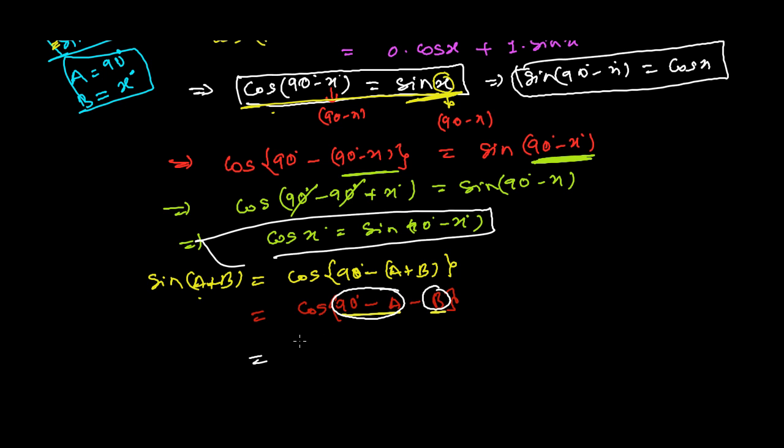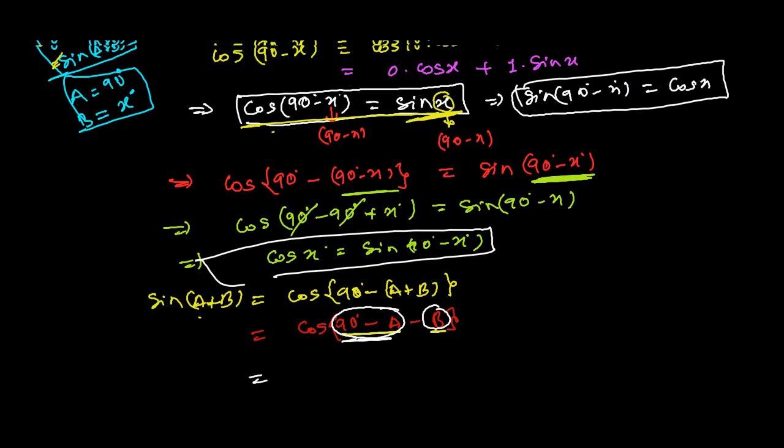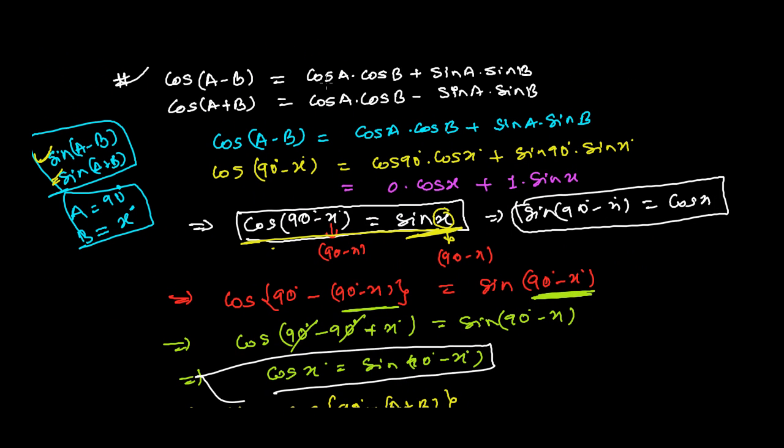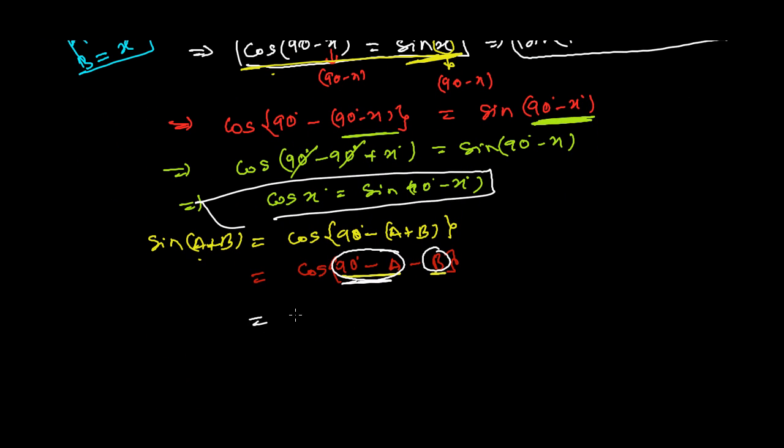Now I'm going to use the formula of cos a minus b. This is cos a and cos b, and I'm going to deal with them like that. The formula for cos a minus b, which we recently derived, is cos a times cos b plus sin a times sin b. So the same thing I'm going to do here now. Cos a, that is my 90 minus a, times cos b, again plus sin a times